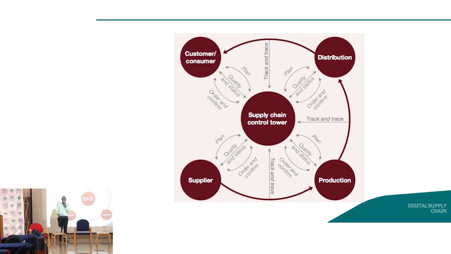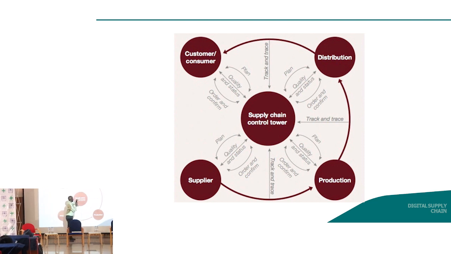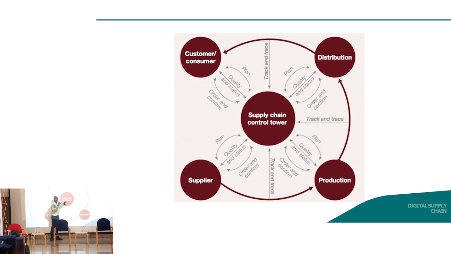I'm sure you've heard about servers, for example the server that is being told to be opened. So, I hear them saying open the server so that we can see. This is an example of the control tower, where all the information in the digital supply is integrated. This supply chain tower is the heart of the digital supply, where everything can be tracked. As you can see, everything can be tracked and traced through this supply chain tower,